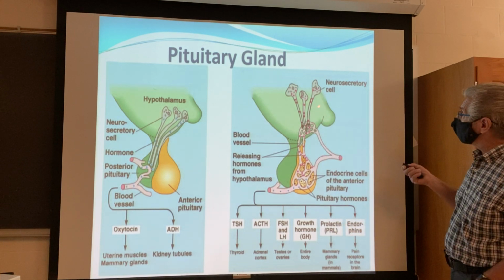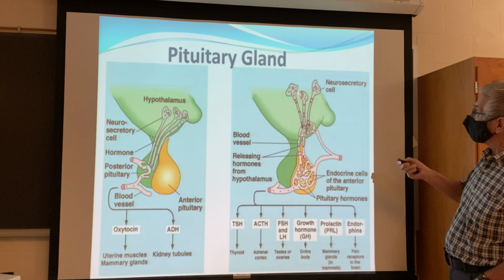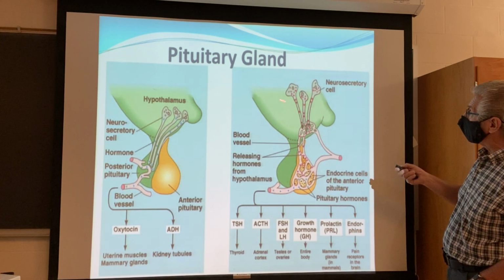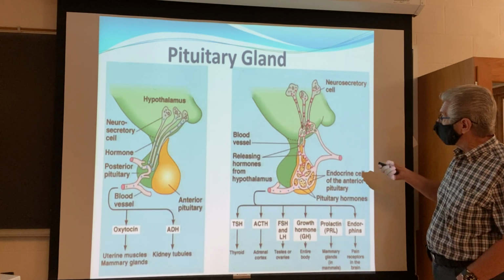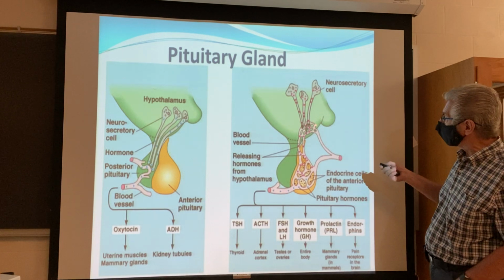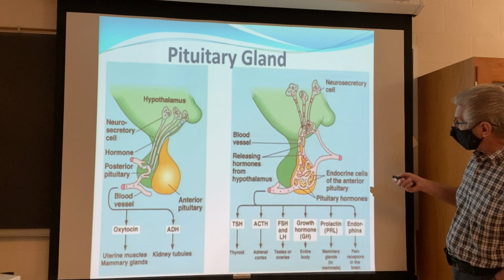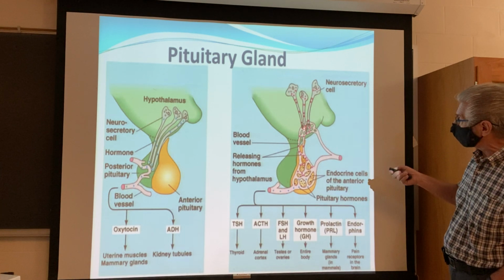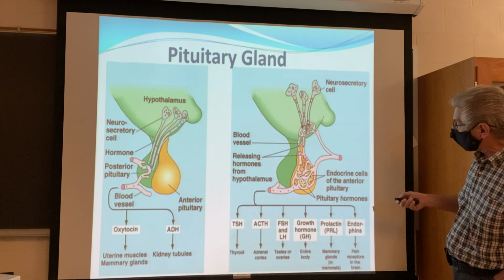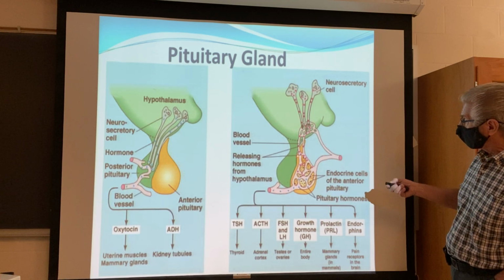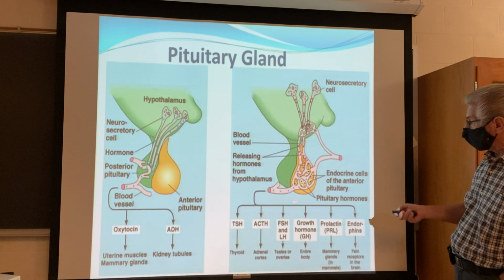In this view, what do we see? We see the neurosecretory cells from our hypothalamus secreting directly into a primary vascular network, that then is going to send those releasing factors into a secondary network, which will stimulate the anterior pituitary to secrete,